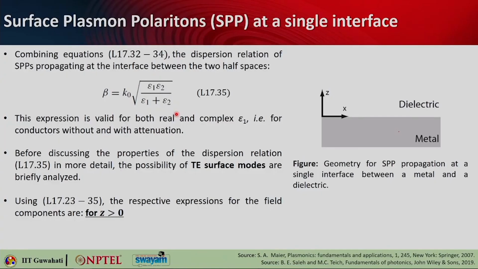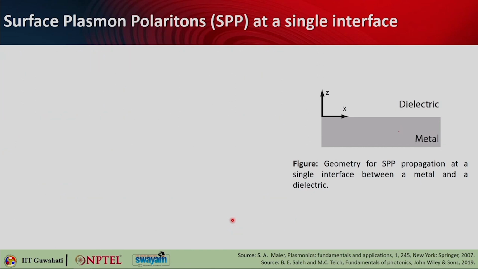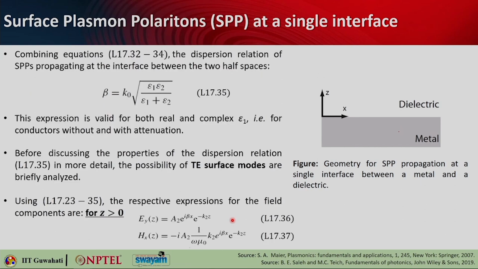Okay. So, this was what we have seen for the TM surface modes. Now, a similar kind of approach. We will start with the TE set of equations, that is basically equations 23 to 35. In each case we have to see what happens for the TE modes. So, we will only discuss those components which are non-zero for the TE case, and that is basically